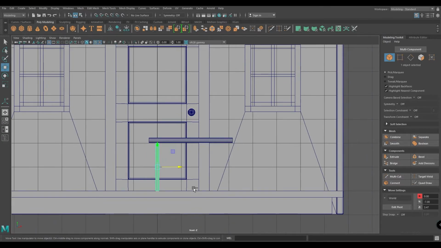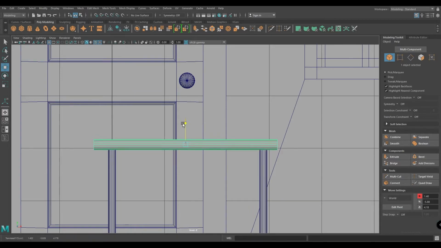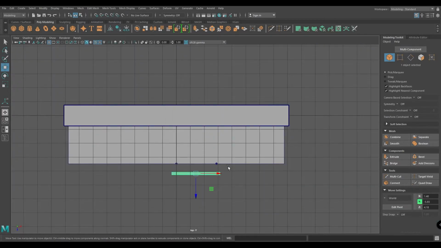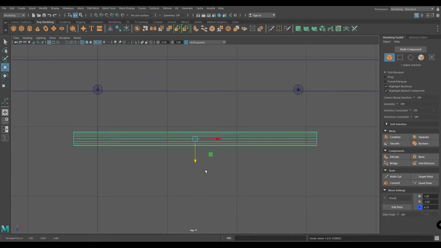Select this log again and press Ctrl D to duplicate. Go to top view and make sure this log is on top of both of them.